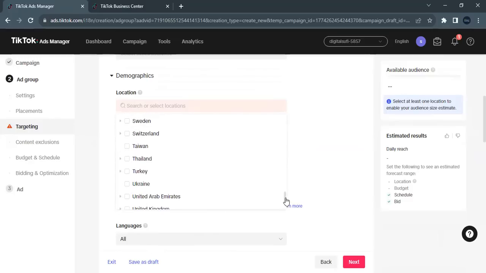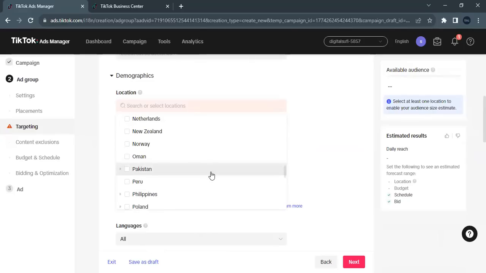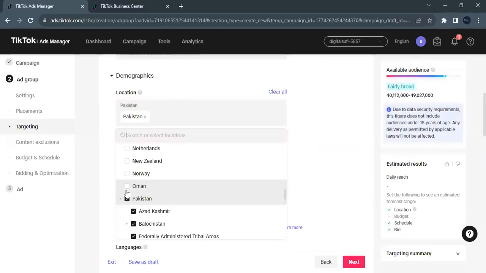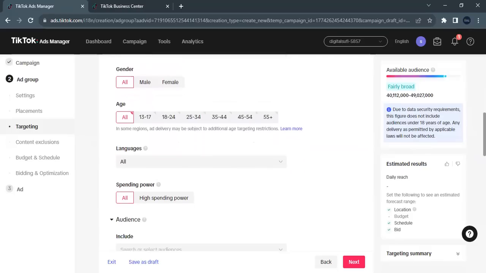So if you are using a simple ads manager account, you are unable to run a TikTok campaign all over the world. Okay, so I am selecting Pakistan, and when I go up and down,